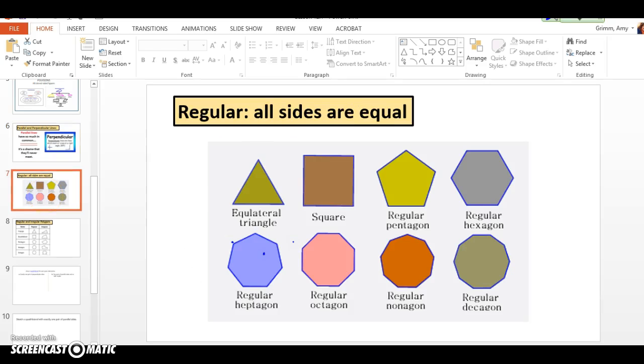All right, so if they say something is a regular shape, this goes back to that first video we watched where it was talking about octagons, and he's like, yeah, I drew you this 8-sided shape, and what she really wanted was one that looked like a stop sign. So if I say a regular octagon, then all the sides are equal, and this would be a regular octagon. Each side of these would be the exact same length, okay? And those are all the traditional shapes that we see. So all of those are regular. Okay, if you look at the next slide,